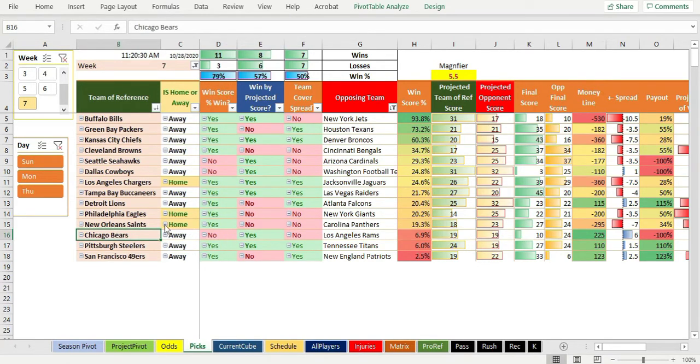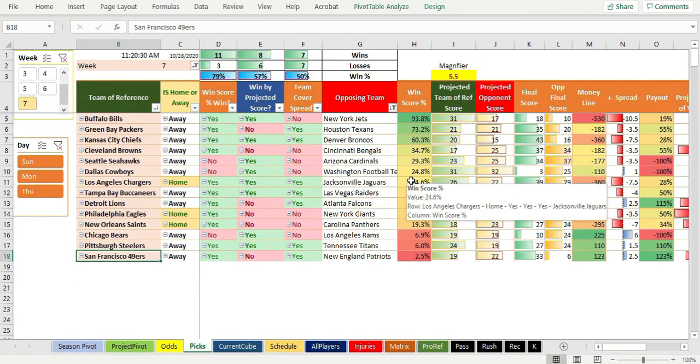That Monday night game was awful. Didn't work at all. But Pittsburgh beat Tennessee. You got that, and then you lost with the Patriots all the way down here. See, we actually had San Francisco favored by win streak. So this is really intriguing because looking at it both of these ways, you can see where really what you want is